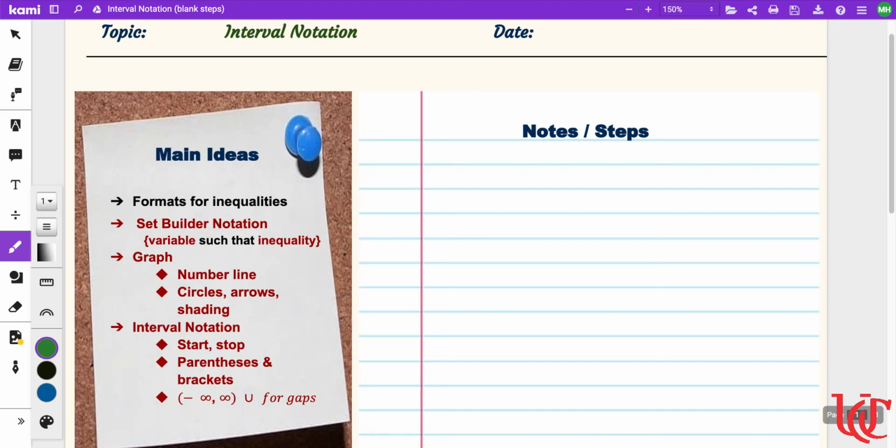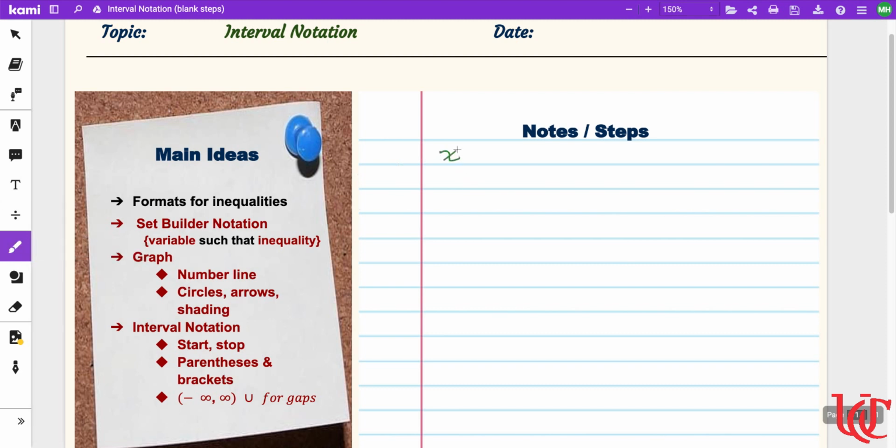Okay, so interval notation is going to be another way that we write inequalities. So it's kind of a shorthand. Math likes to have a whole bunch of different ways to basically describe the same stuff. So you probably are used to inequalities looking something